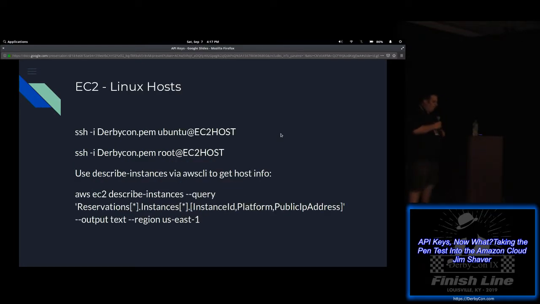All right, so the other thing we found in that secrets bucket was a PEM file, or a secret key. Okay, and there's a couple of uses for these secret keys. One of them is every Linux host that you spin up in EC2, which is every Linux virtual machine basically, has an initial user that you can connect to the box with.